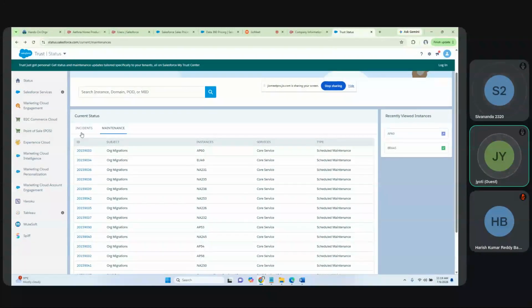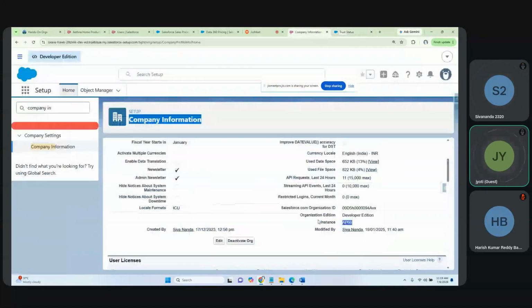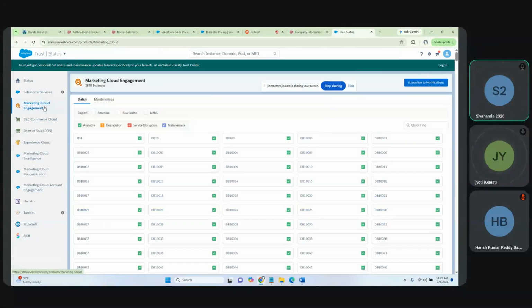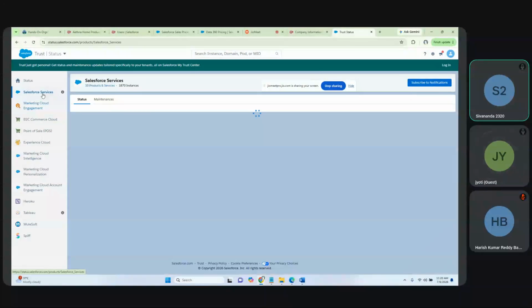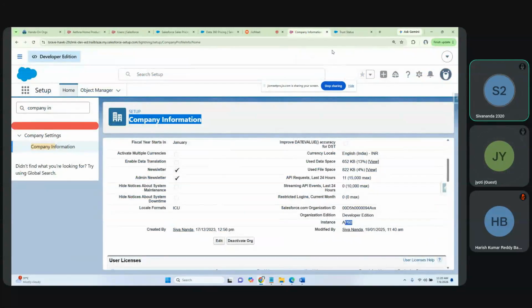So that's all. I'm talking about a very large perspective. Maybe later. As a developer, as soon as you join, you will not be dealing with all these things. But you should be aware of where this instance ID is, and what is meant by status.salesforce. You should be aware of it. So maybe in future, if you see some product of Salesforce itself is not working, before reaching out to Salesforce support, you can copy this and check here